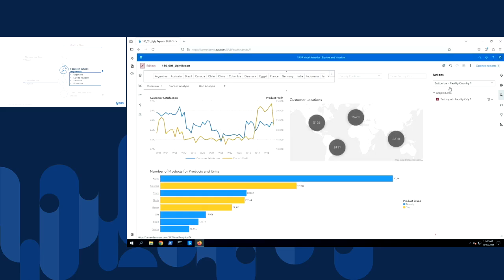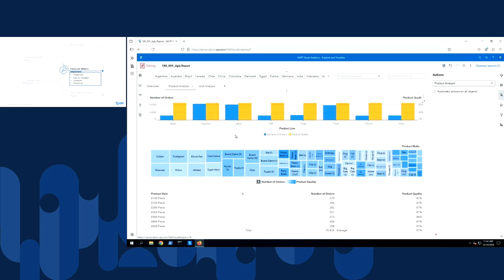I can also add actions between objects. The one that we talked about specifically was on the product analysis page. Recall that we said the product line was the most general level of the hierarchy. Then we had product makes and then product styles. So if I select a product line, I want to see only the makes in that line and so on and so forth.